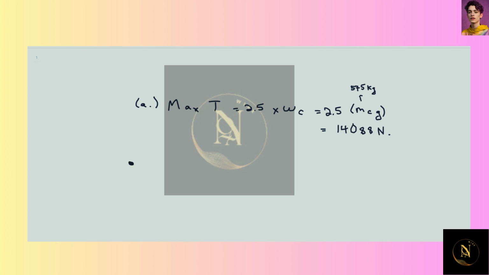Now if we draw the force diagram for the boulder at the bottom, we have the force of tension upward, and we have the weight of the boulder downward. We also have an acceleration upward. And so the sum of the forces in the y direction is equal to the mass times acceleration in the y direction. This implies that T minus m_b g, a minus sign because it's in the opposite direction,